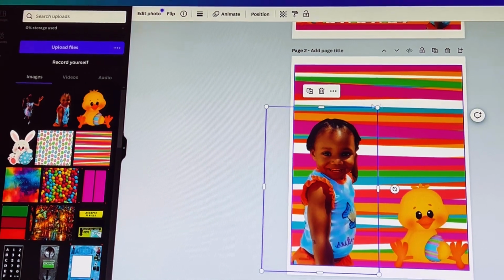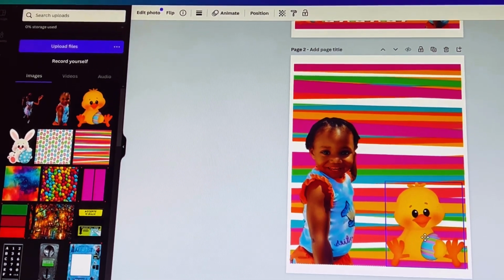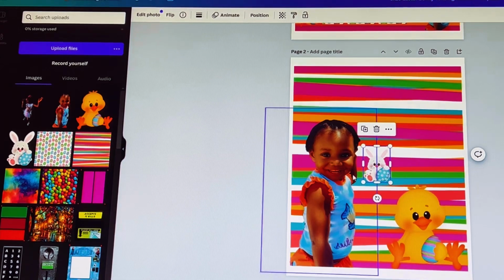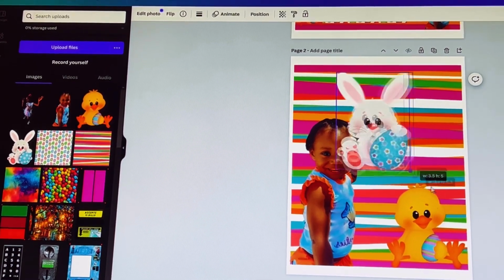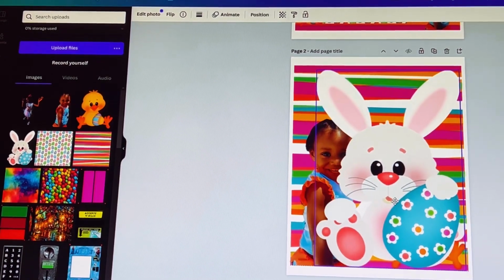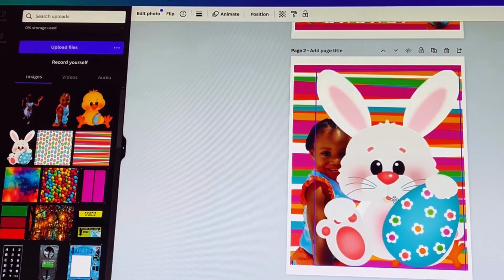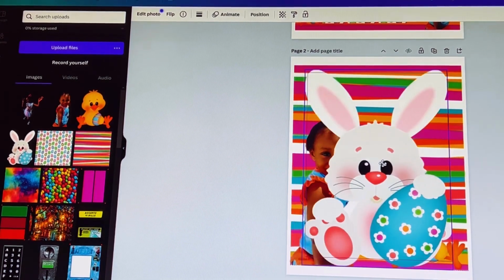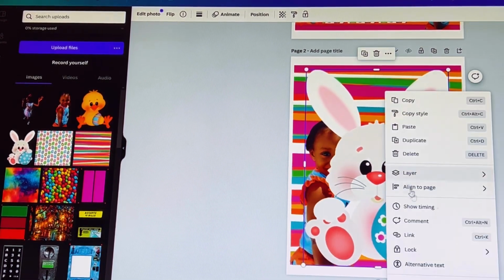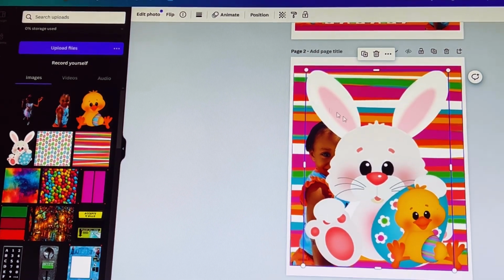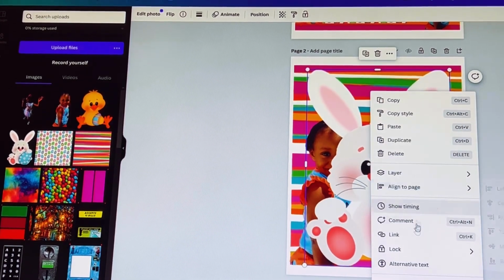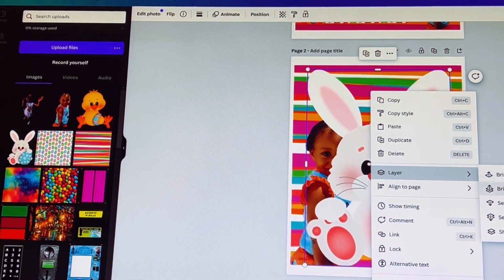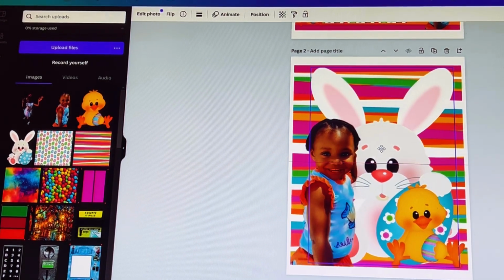All right, so now say for instance, we put these two images here. We want to add another image. So let's add this one, and we go to expand it. And we notice that this image is covering up the rest of our image. In order to not block the other images, you want to do layer and send backward. Okay, and if that image is still blocking another image, just do layer, send backwards again, and there you have